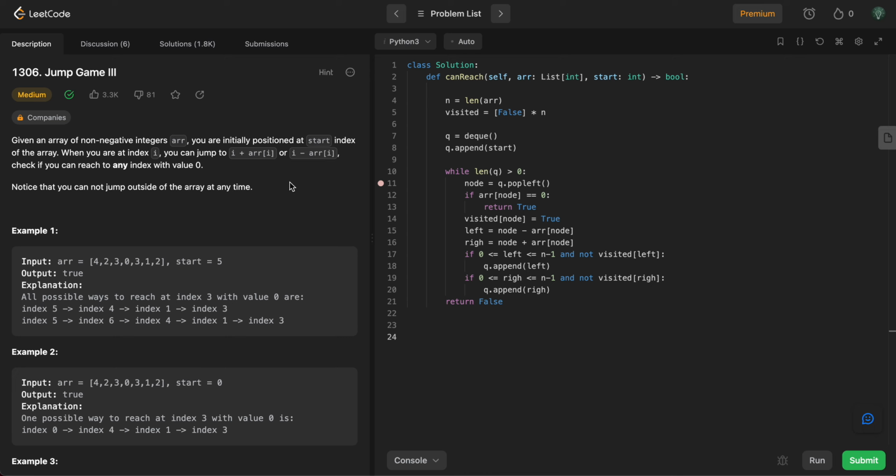What I'm doing here in the code is that whatever the length of the array is, we can assume that all those indices represent a node in a graph, and then I'm declaring a visited array, setting it initially as false, and then this is just a standard BFS search